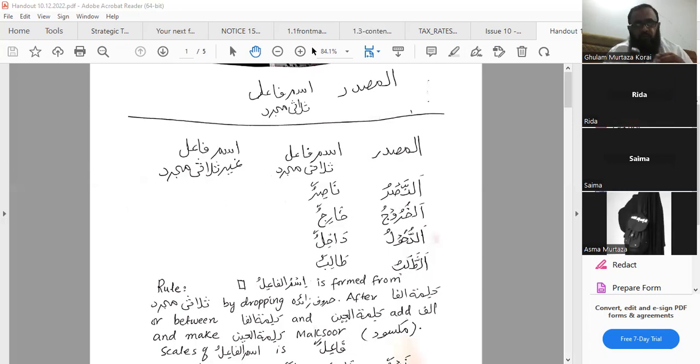What is the way to form Ismul Fa'il from Thulathi Mujarrad and Ghair Thulathi Mujarrad? Number two, what is the way to form Ismul Maf'ul from Thulathi Mujarrad and Ghair Thulathi Mujarrad? That's it. Number three,